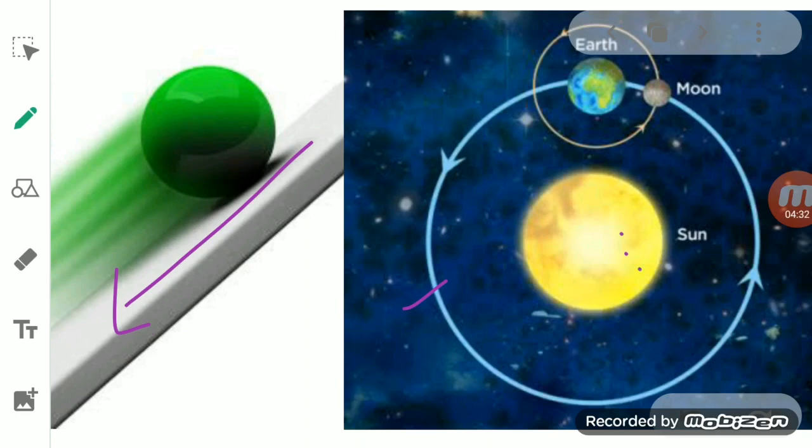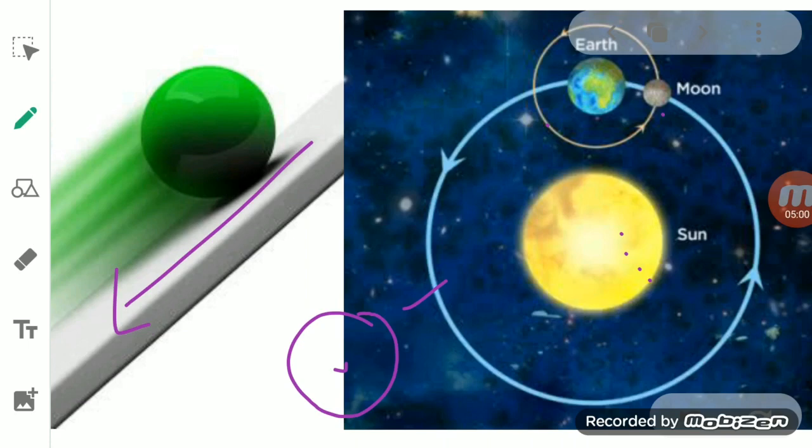That kind of motion is a rotational motion. Okay, and what is revolution? It is the motion in which an object moves around another object. That is revolution. If you see here the movement of the earth around the sun, or the movement of a planet around the sun, or a satellite moving around the earth.